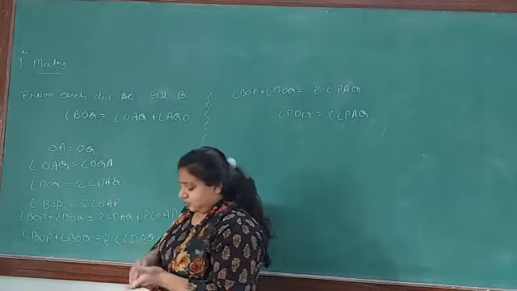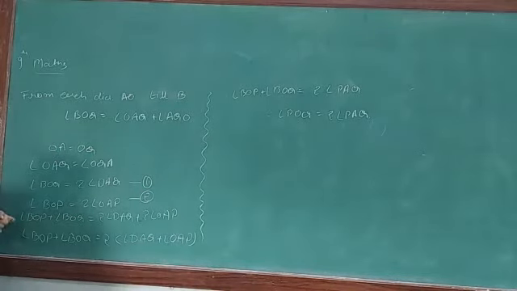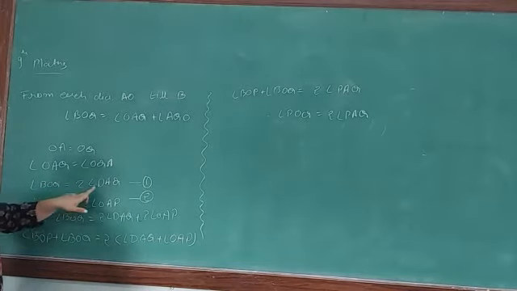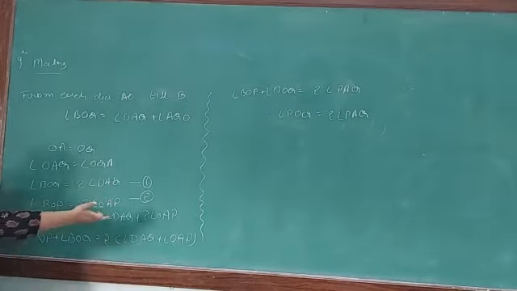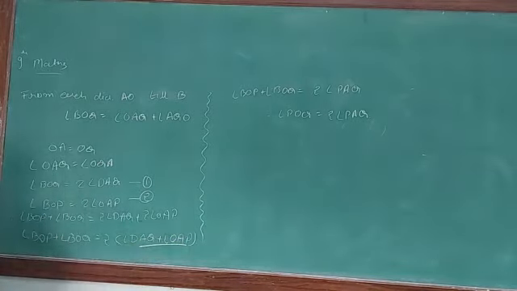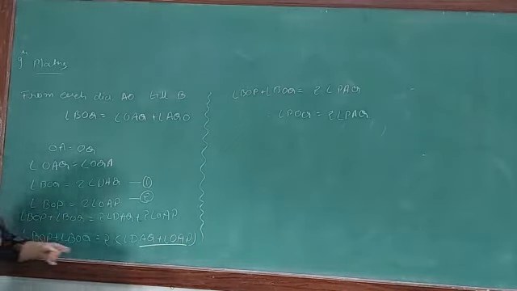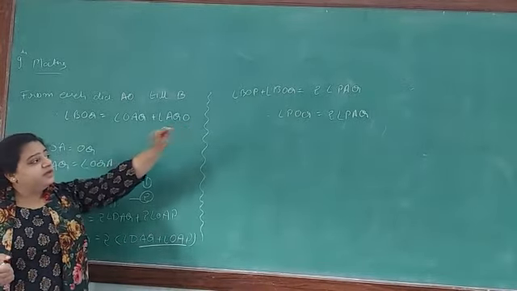Now compare these two equations. Let me give the equation names. Here you can compare angle BOQ plus angle BOP equals what? 2 angle BAQ, 2 angle OAP. Now 2 will be common, so we will keep it common. Then inside we will get the sum of 2 angles, or we can say 2 triangles. And if you sum it or if you total it, you will get angle PAQ.